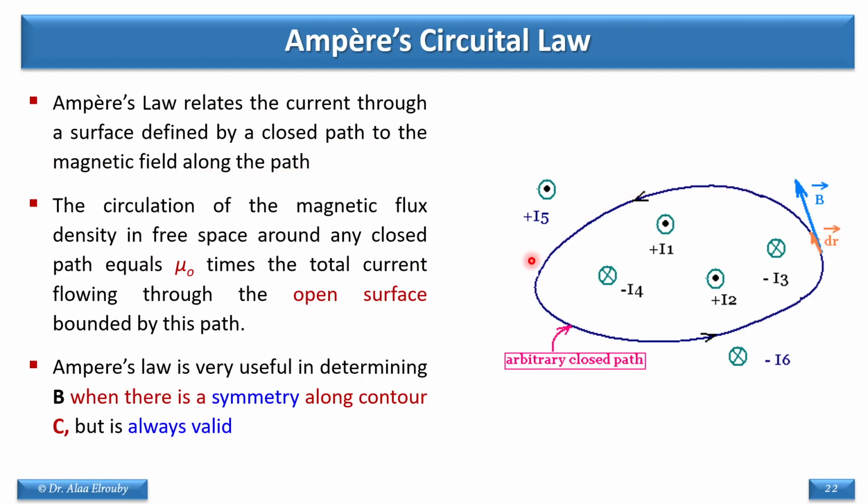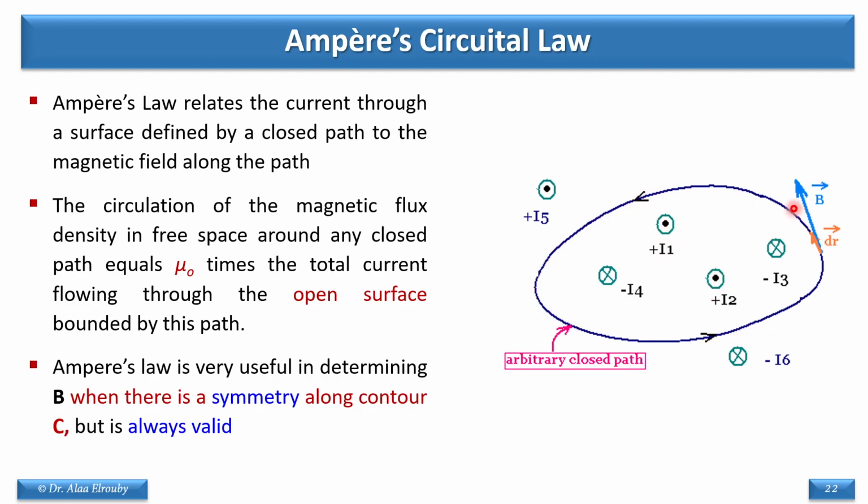So we know that any closed contour defines an open surface, and any closed surface defines a certain volume. So this is Ampere's law, meaning the circulation of the magnetic flux in free space around any closed path. If we have any closed path of any shape, like this arbitrary shape here, the circulation, which is B dot dl along this path, equals mu naught multiplied by the total current flowing through this open surface. And the current here must be, of course, the normal component, because this is the definition of current flow